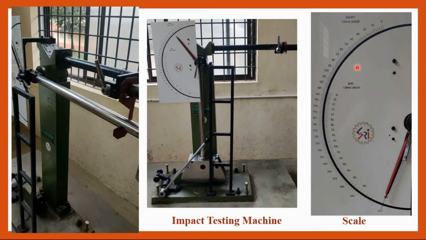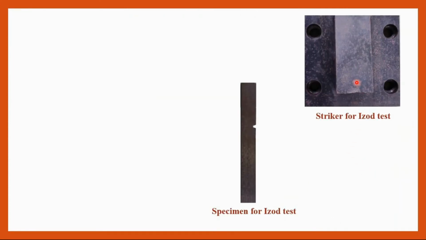The scale reading here is the same. Previously we used the Charpy impact test, but for Izod we need to use the inside reading of the graduation. It starts from 0 and the maximum will be 168 joules. It means when we place the hammer in this position, the potential energy stored in the hammer is 168 joules. Now I will move on to the striker edge and the specimen.